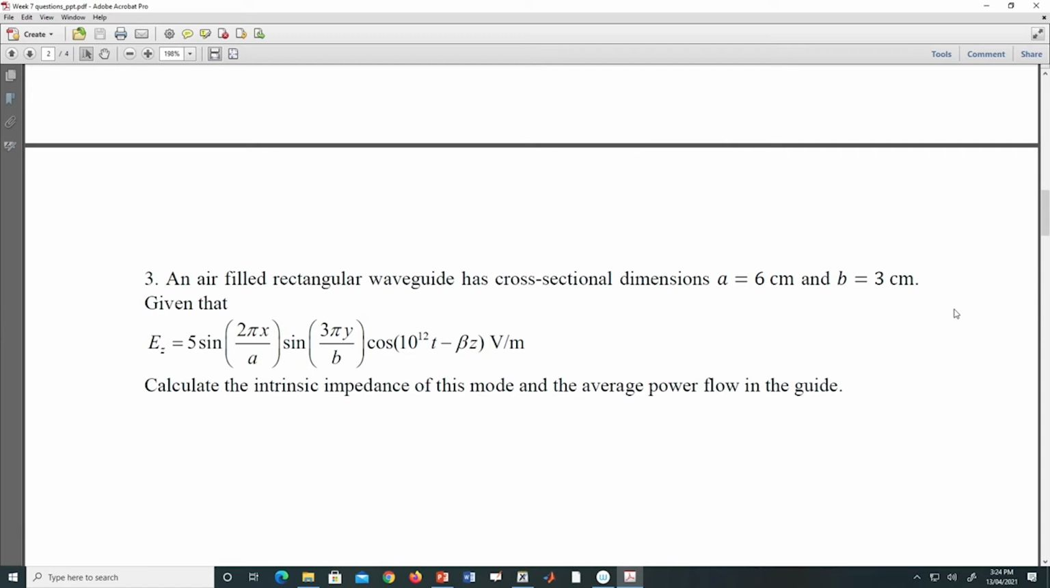So, to do this, we can see that E z is given. So this will come under the TM mode, TM to Z mode. E z is given, so this will come under TM to Z mode. And third problem,